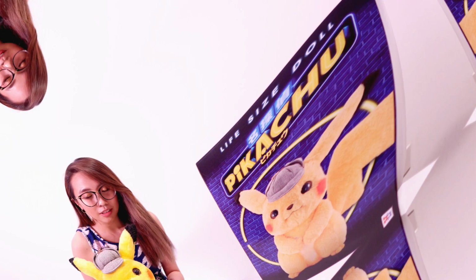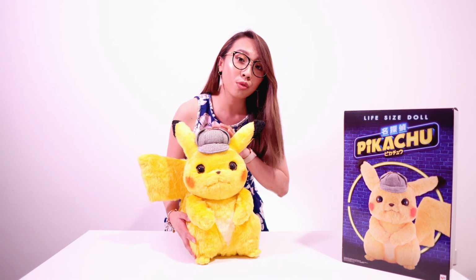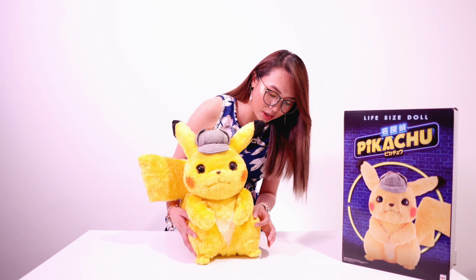He's really cute. So this is the size. As you can see, it's not that big, but it's enough. The size of this Pikachu from feet to head is 40 centimeters. It was made by the Japanese toy maker Mega House. They released the pre-order for this life-size Detective Pikachu in May 2019 up to around August, but we ordered in July 2019. This doll is exclusively sold in 3 shops in Japan, which are the Bandai, Megatree shop,